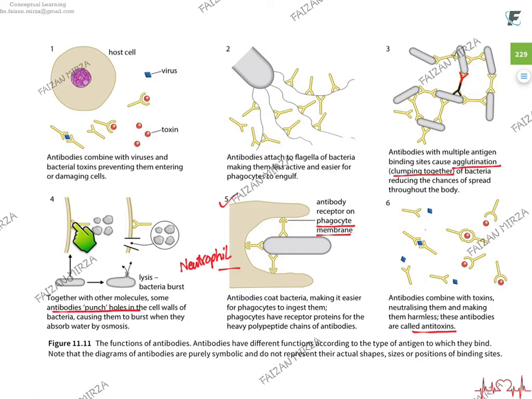Some antibodies have the property that they can punch holes into the cells, and the bacterial cell can get burst. This is how the neutrophil, the phagocytic cell, is engulfing the antibody-marked pathogen. So this is the antibody receptor. The entire antibody-antigen complex will be engulfed, and it will be cleared away. These are the toxins, and you have some antitoxin in your blood, and these antitoxins are also actually antibodies.